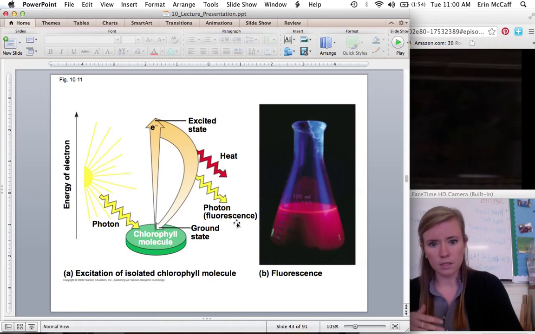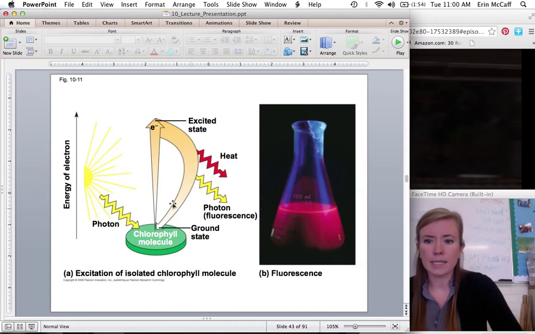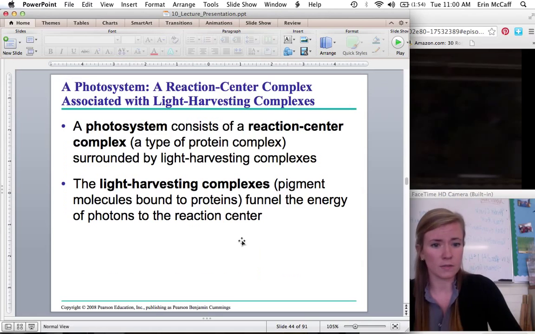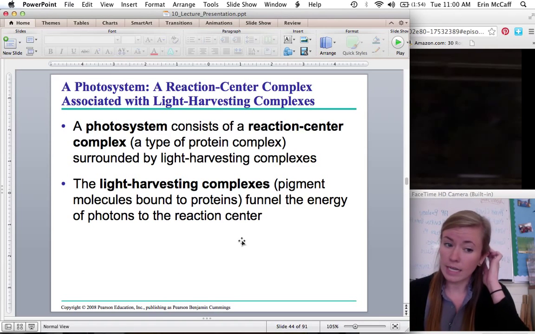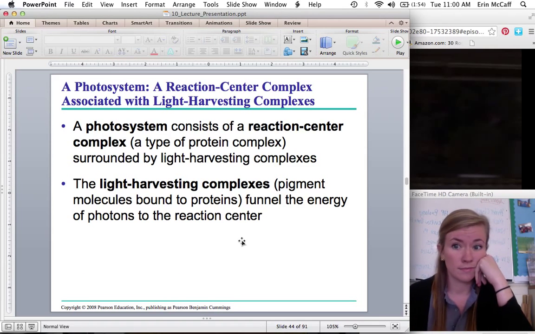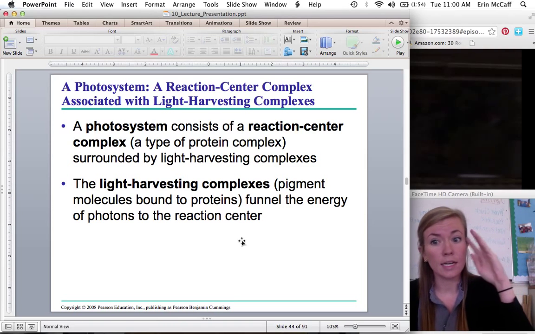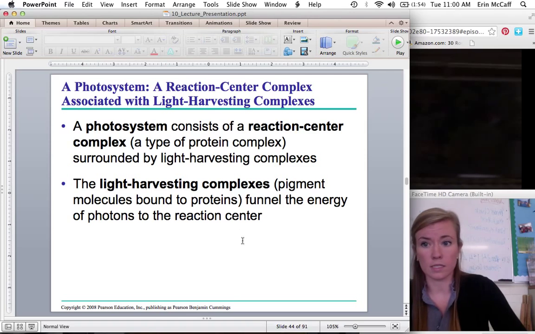You don't need to know about this. Okay, so basically a photon of light will hit the chlorophyll and the electrons get excited. If this energy is not harnessed to do anything else, then you'll see it light up. But we're going to harness it to use something else. So in the light-dependent reactions, we have these things called photosystems. Photosystems consist of